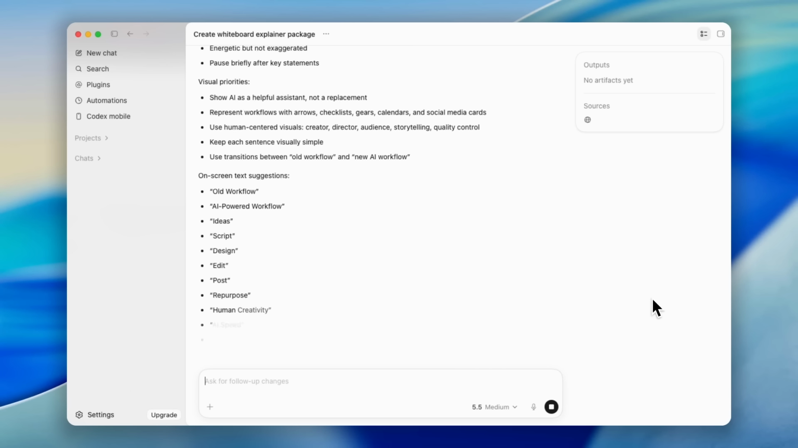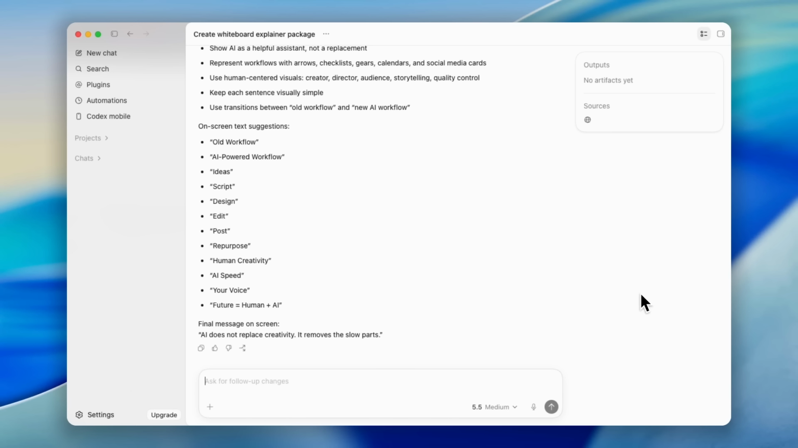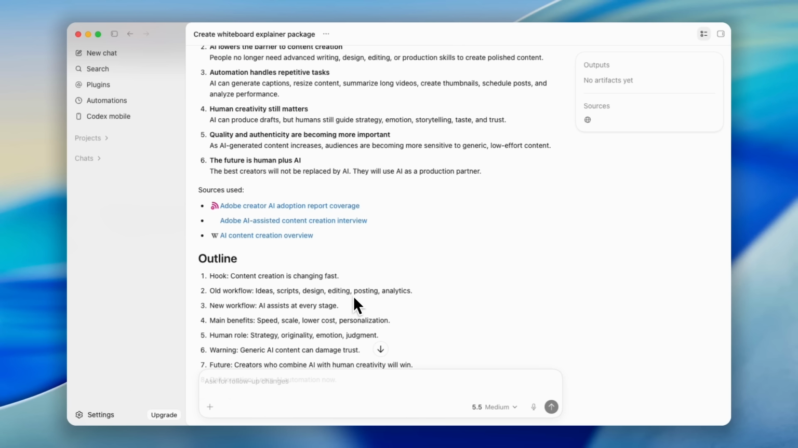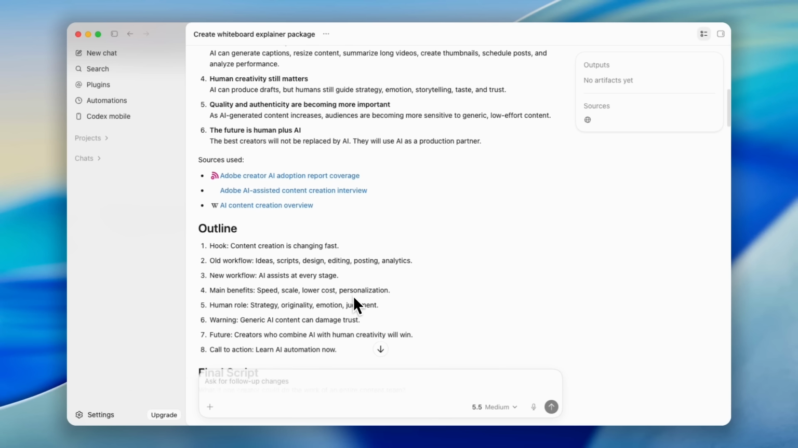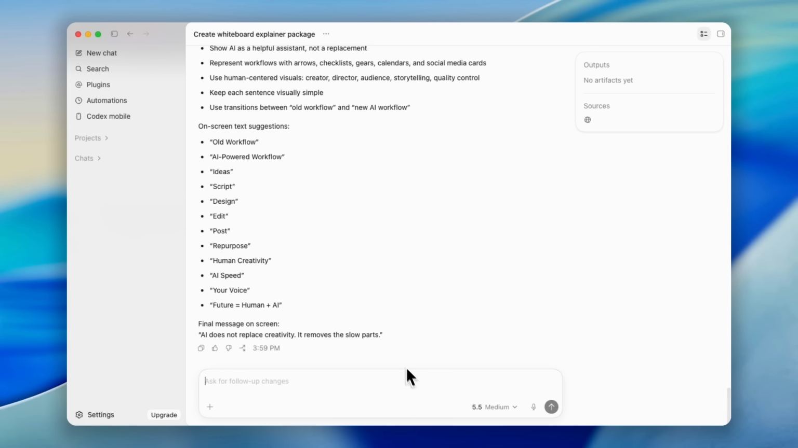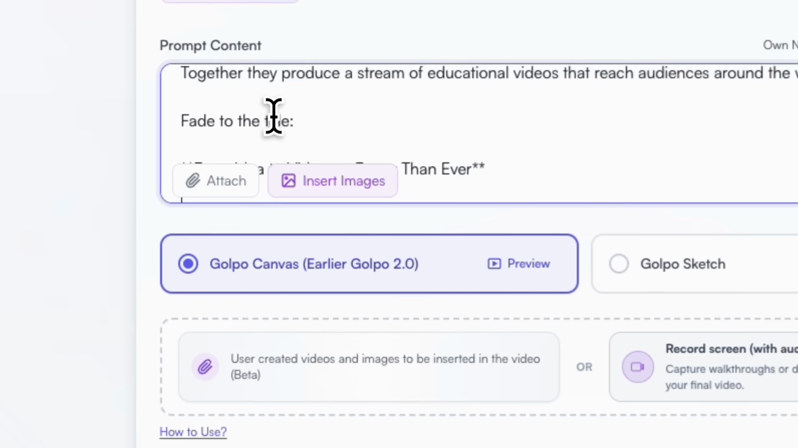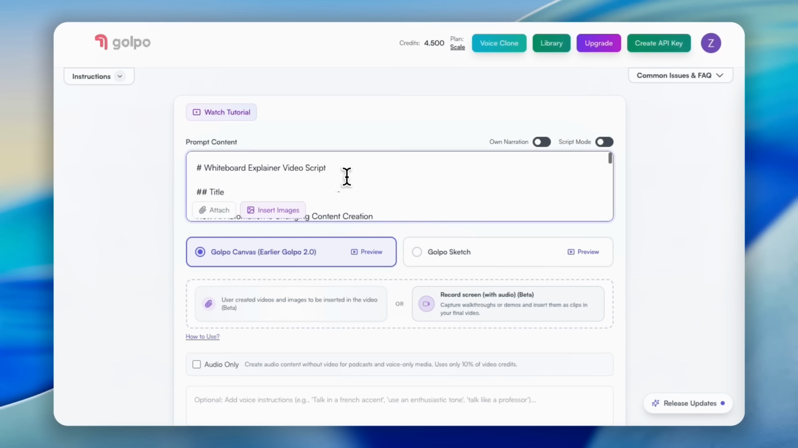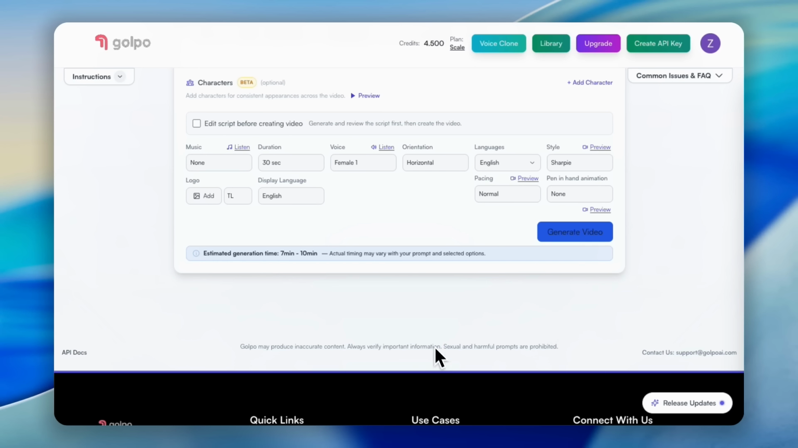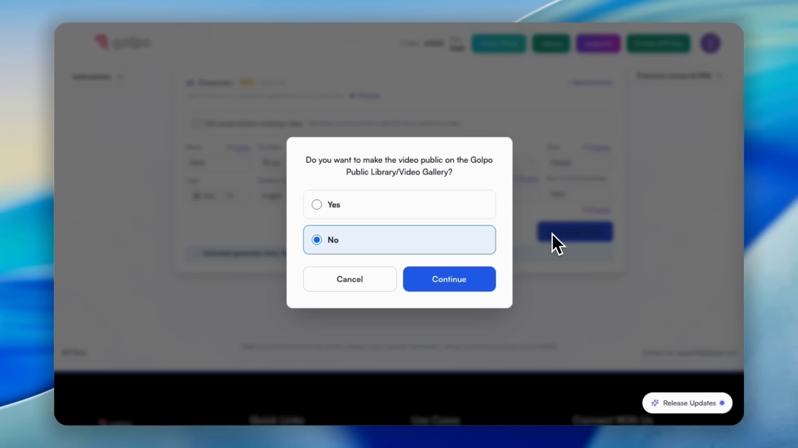For creators running multiple channels, publishing educational content regularly, or building content systems at scale, that kind of efficiency can be a massive advantage. Golpo doesn't replace the creator, it helps creators execute faster. And honestly, the interface itself is surprisingly simple. You upload your content, choose how you want the explainer structured, let the AI process everything, and then customize scenes